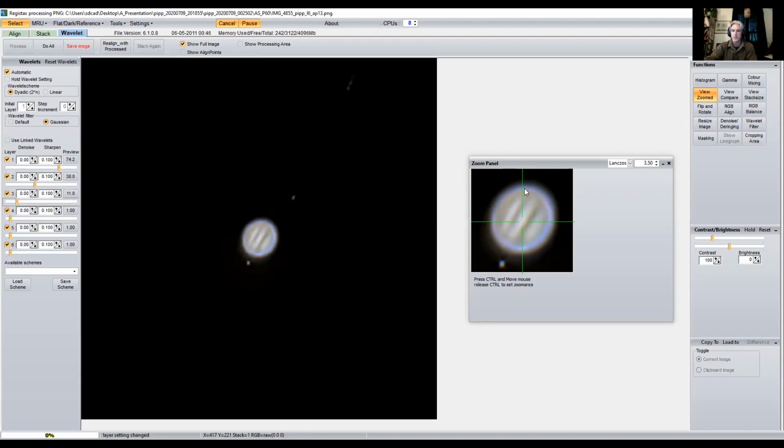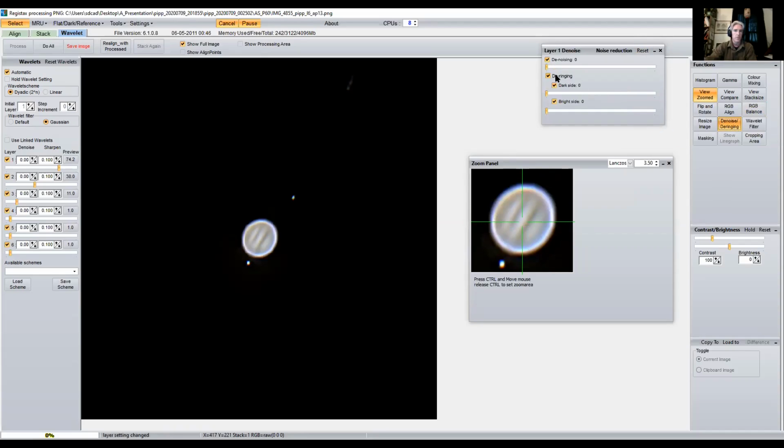So you will notice that when you do it like this, you've got this nice little ring around the planet. And this is using the cell phone, and I would expect something like this from the cell phone. If you do that, to get rid of these bright rings, you bring up this denoising thing right here. And you take these sliders, and gradually you click each one, and it's going to start removing more and more. Not too much or you'll lose the detail, but